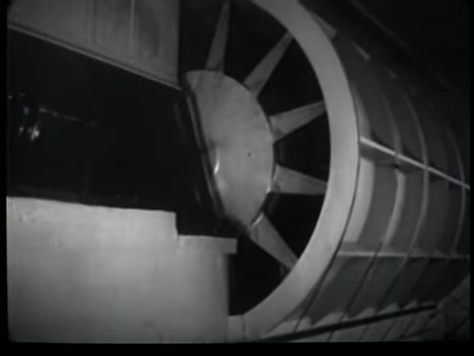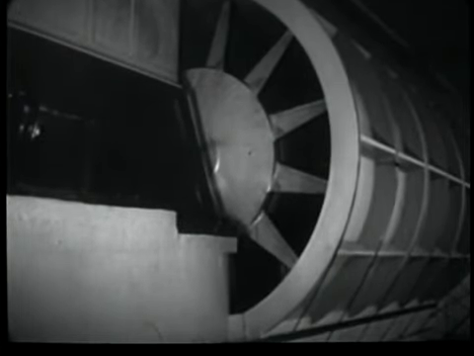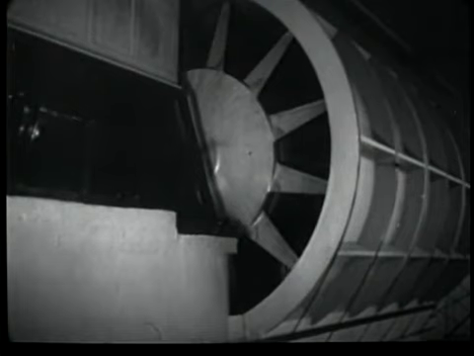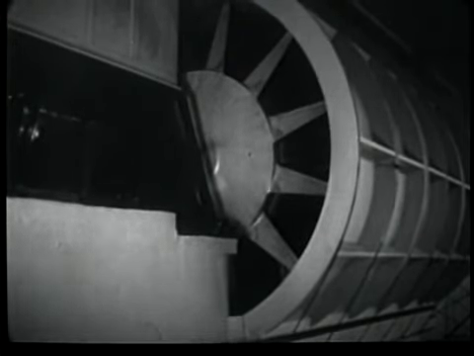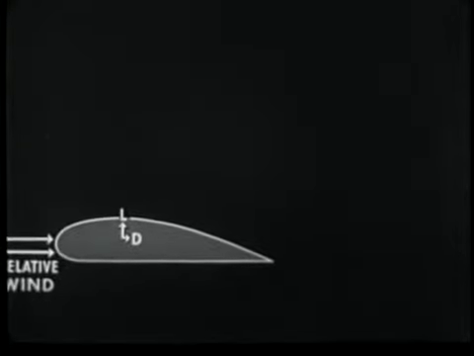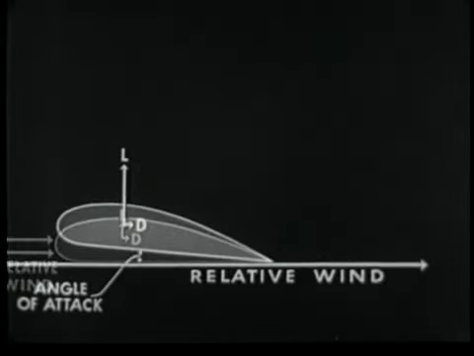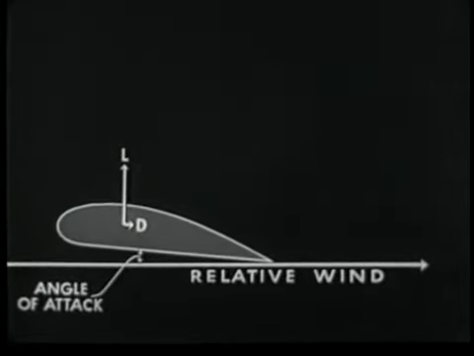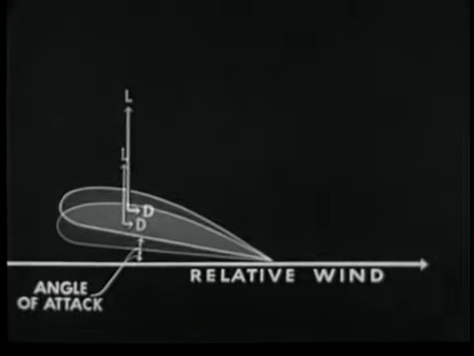The fans are 12 feet in diameter and have 12 blades. When driven at a speed of 700 RPM, they produce an airspeed of approximately 200 miles an hour in the tunnel. Wind tunnel tests show how lift and drag vary with the angle of attack of an airfoil. In general, as the angle of attack increases,